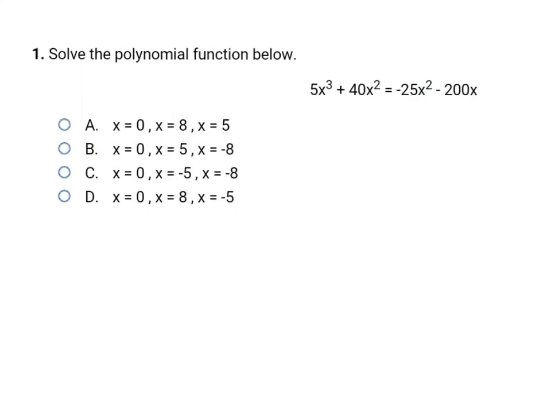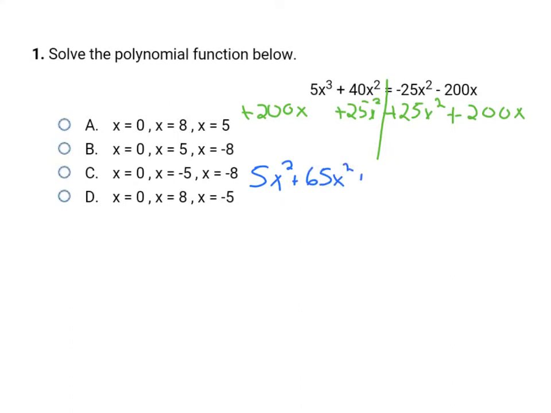This question asks us to solve a polynomial function. There are a couple of methods that you can use, but the first thing you always want to do is set it equal to 0, just like when you're solving a quadratic. So I'm going to add 25x squared to both sides, and combine that with the 40x squared, which is the like term, on the left side. And then I'm also going to add 200x to both sides, but I don't have any like terms to combine that with on the left side, so I'm just going to write it off to the side. And so keeping it in standard order, I'm going to have 5x cubed plus 65x squared plus